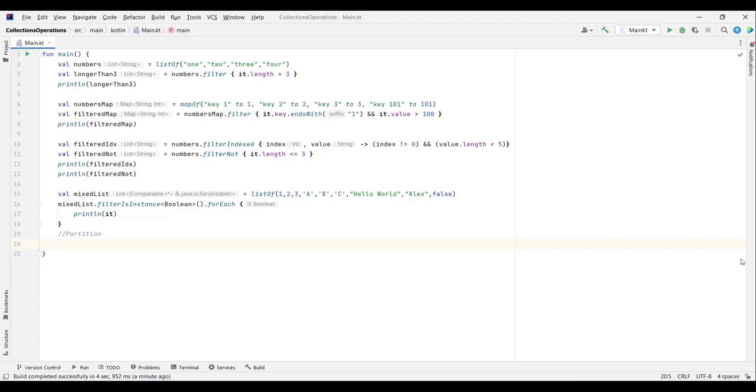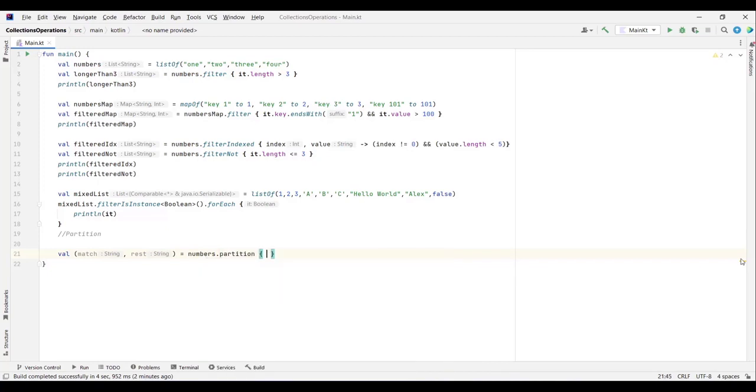So I'm gonna type here val, and to get this partition we put parentheses, and here we type match. So this is gonna be the values which are gonna be matched by the predicate, and I'm gonna type here rest, and here gonna be stored the rest of the values which don't match the expression, the predicate that is gonna be defined. And I put here equals numbers